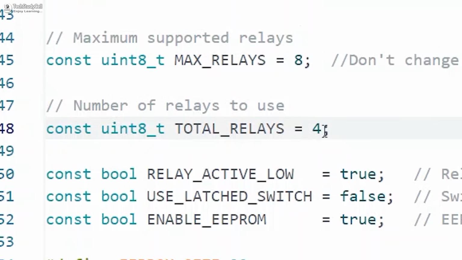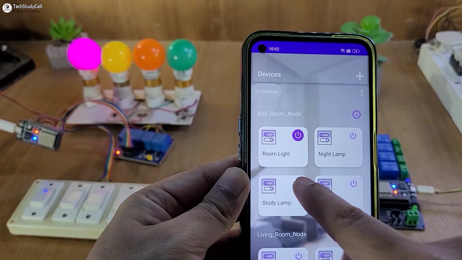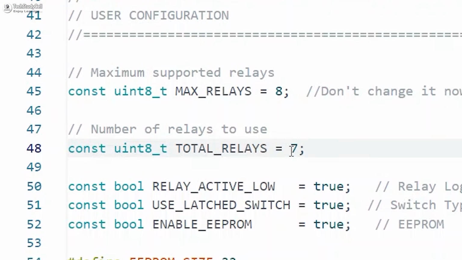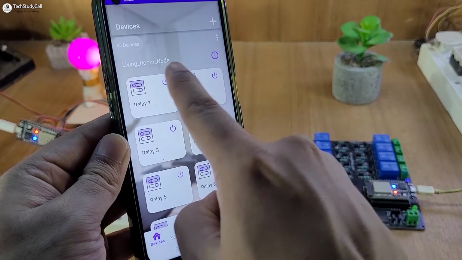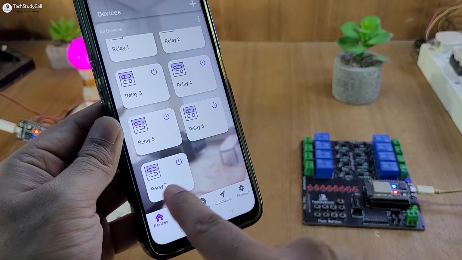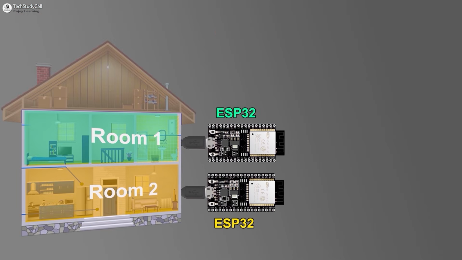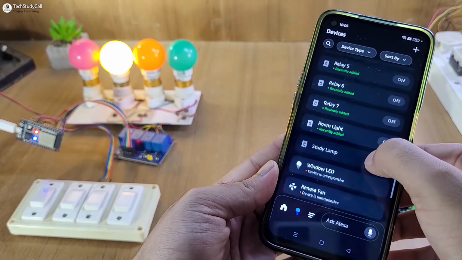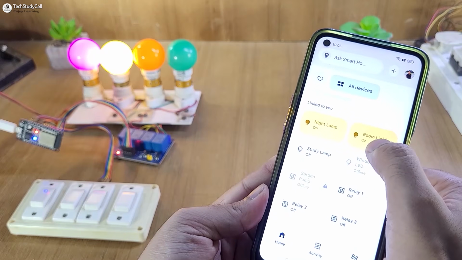Now if I mention 4 relays for the bedroom, it will add only 4 devices for the bedroom in the ESP Rainmaker. For the living room, if I mention 7 relays, it will add a total of 7 devices for the living room in the Rainmaker. In this manner, you can connect multiple ESP32 according to your rooms and number of appliances. And you can also control all the appliances with Amazon Alexa and also with the Google Home from anywhere in